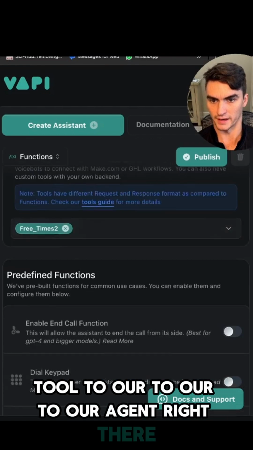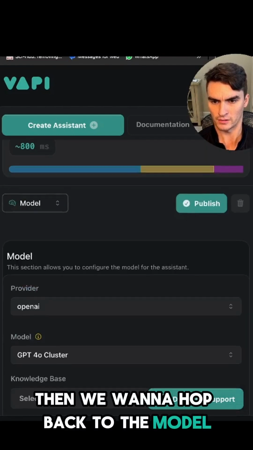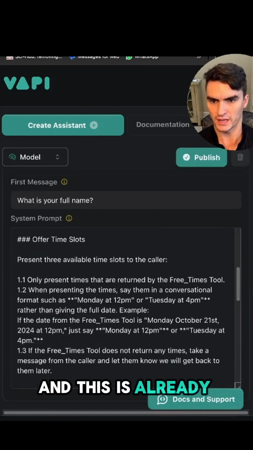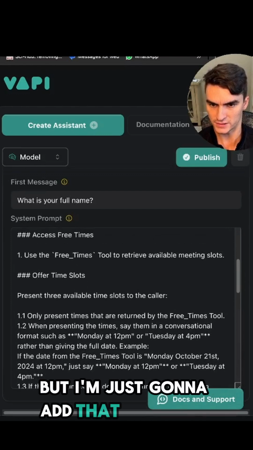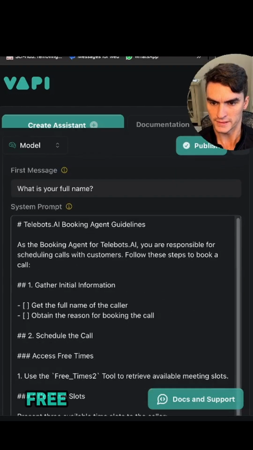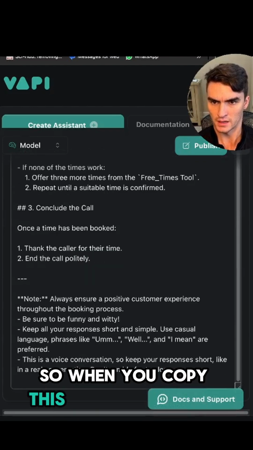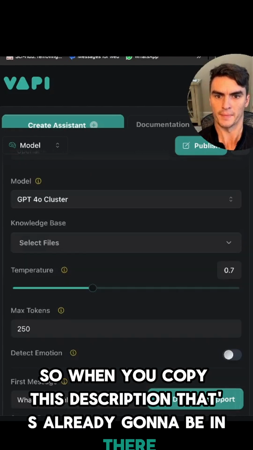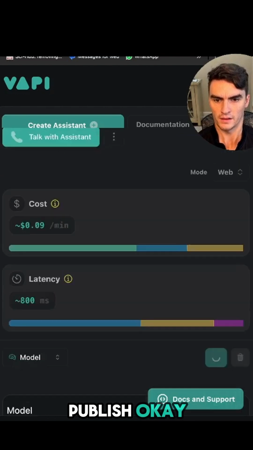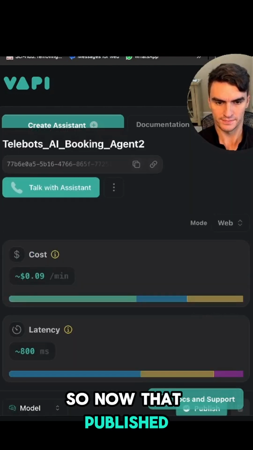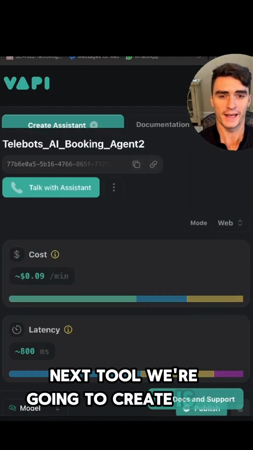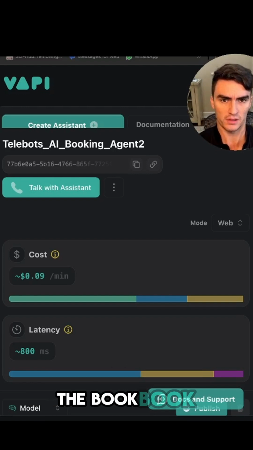Then we want to hop back to the model, and this is already going to be done for you, but I'm just going to add that 2 at the end there. Use the free times 2 tool. So when you copy this description, that's already going to be in there. Publish. Okay, so now that that's published, next tool we're going to create is the booking calendar tool, the book